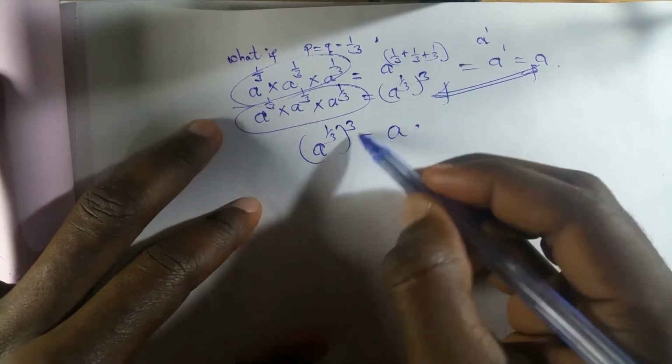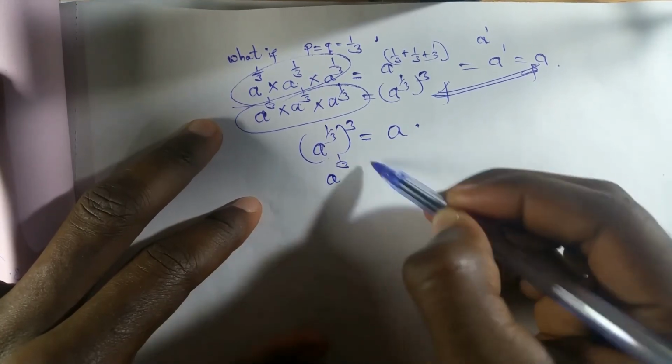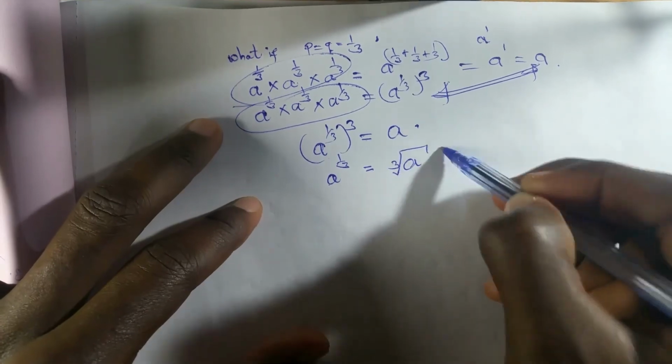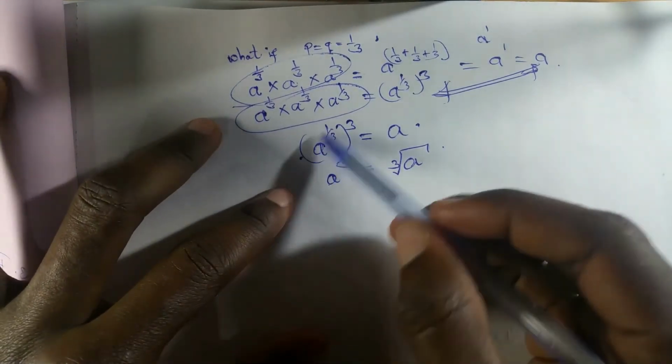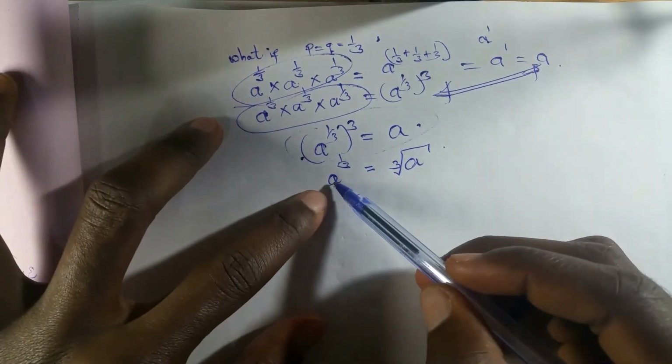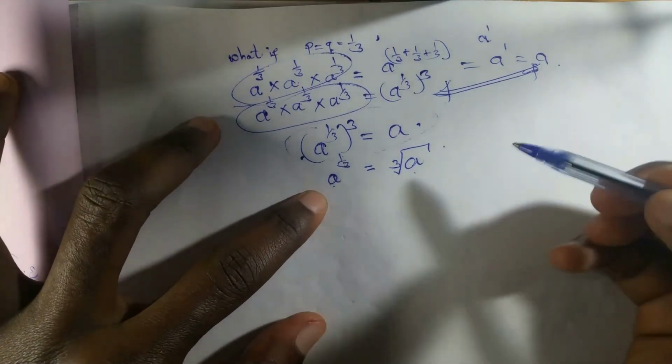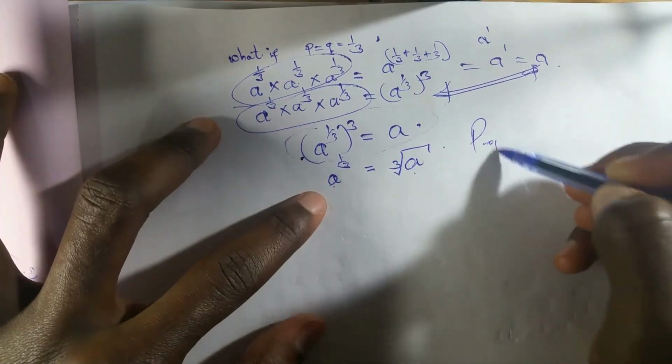So when you get the cube root, you're going to have that. That means if you get the cube root of this result, we are going to have a to power 1 out of 3 being the cube root of a, which still goes back to our property 6. Okay,